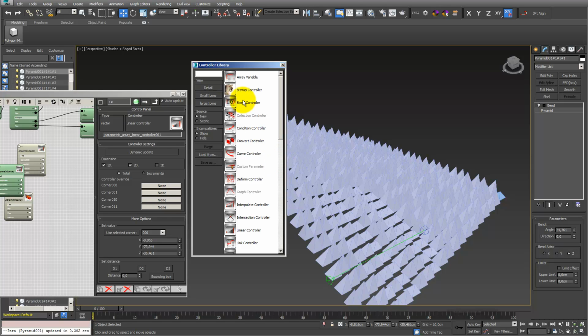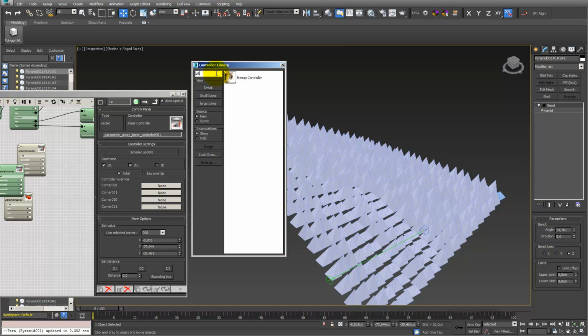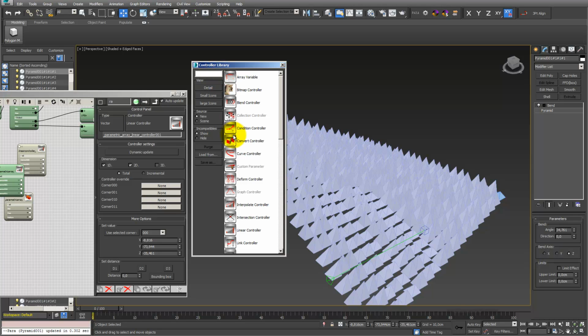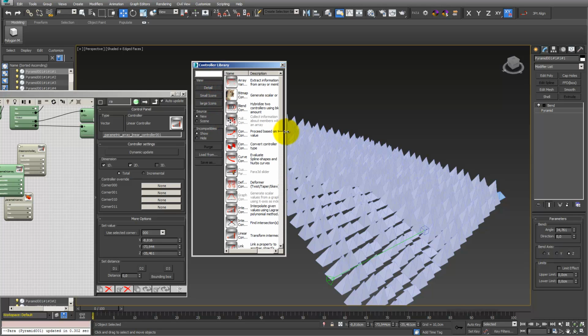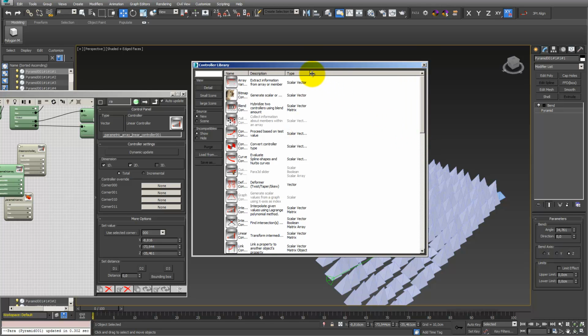Okay, let's go into my controller library again. You can see that some controllers are with black typeface, some are with gray typeface. The gray ones are the ones you can't use for this property, and you can also just say show and hide incompatibles, so you only see the black ones, which is quite handy, so you always know what you actually can use. Also here you have the chance to enter the first letters to find your controllers in a faster way. You can go into details and you will get some explanations for your